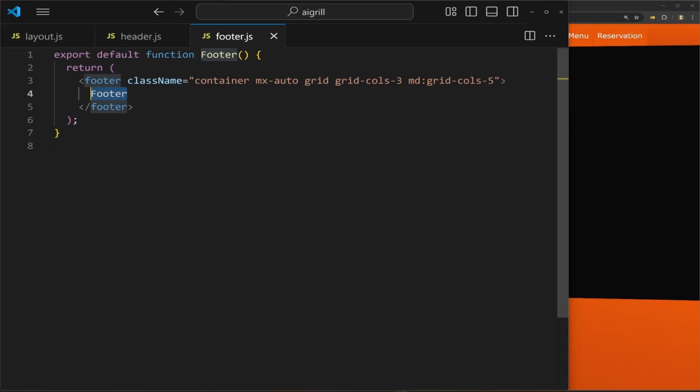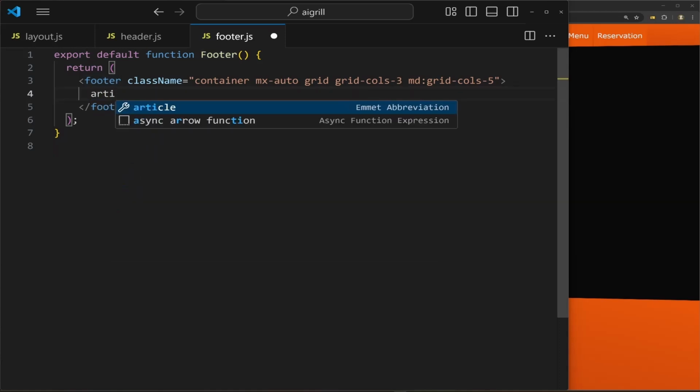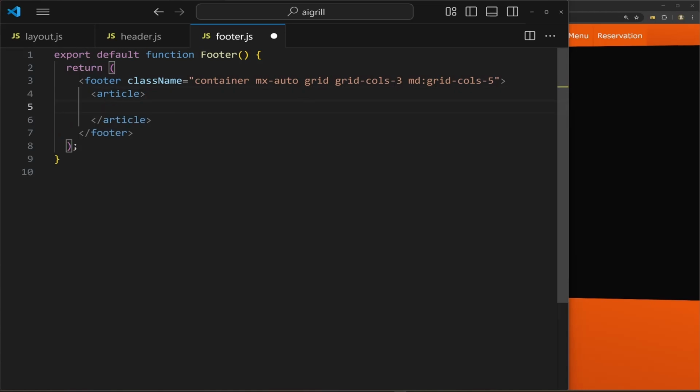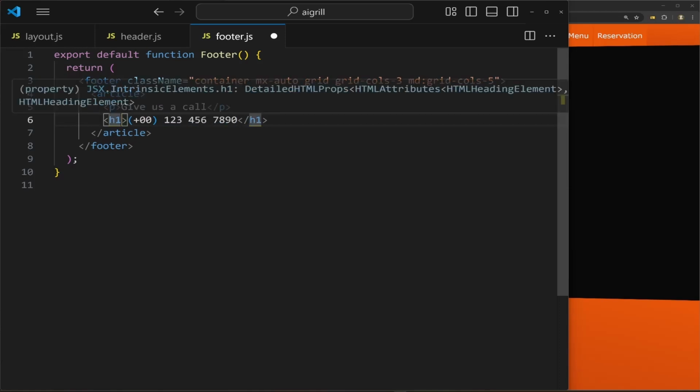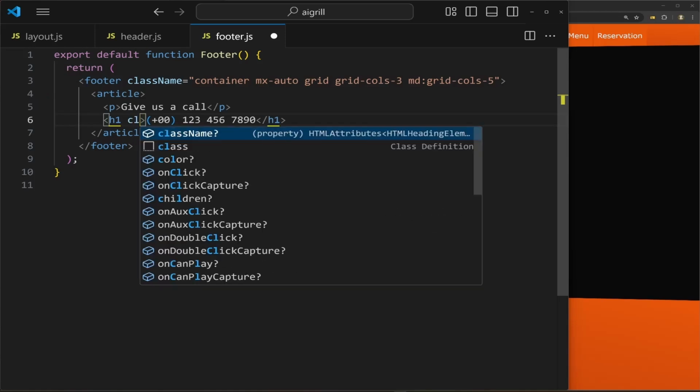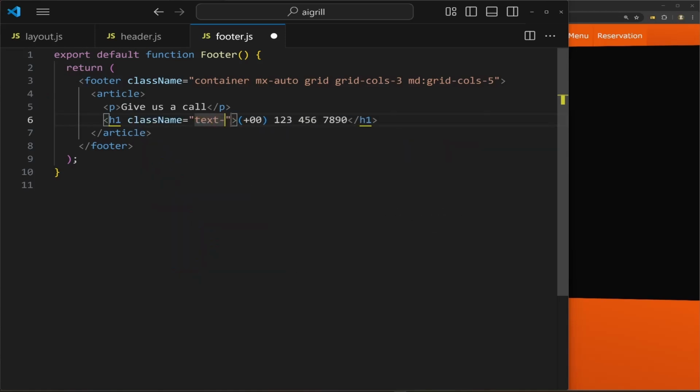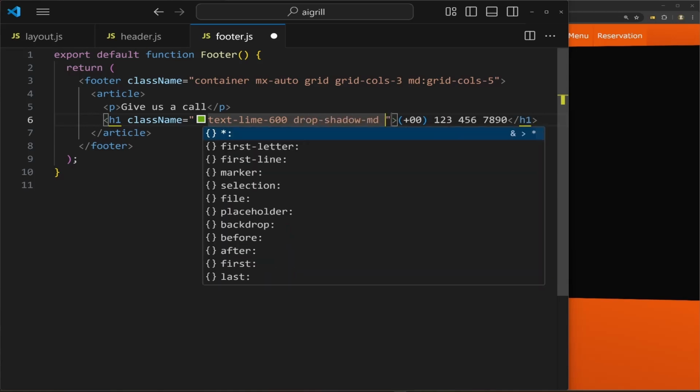We need to create our columns here. I will create an article, and this will be our first column. A paragraph, let's say, give us a call, where we can provide our phone number, some dummy phone number, fake number. We're going to style it, give it some different color, or give it a text of lime and some drop shadow, and I'll make the text